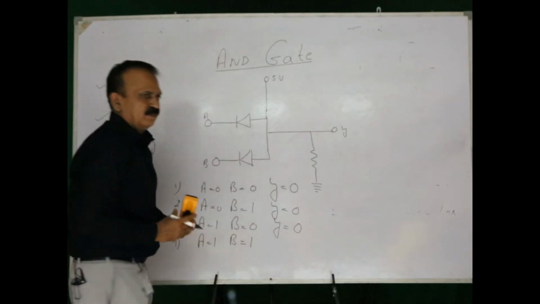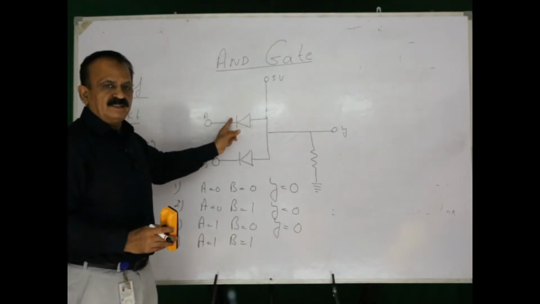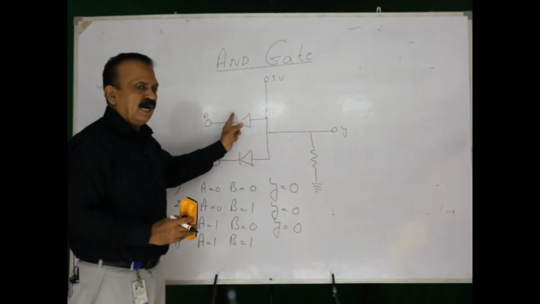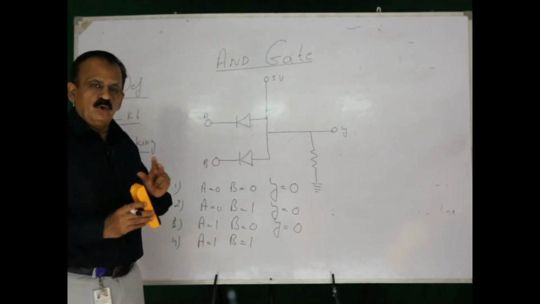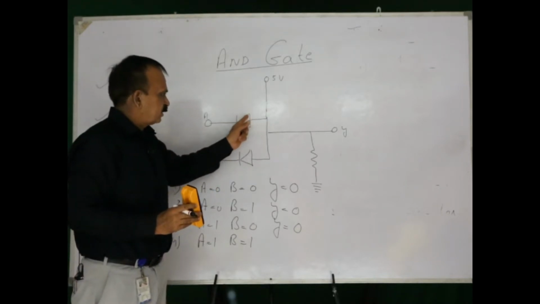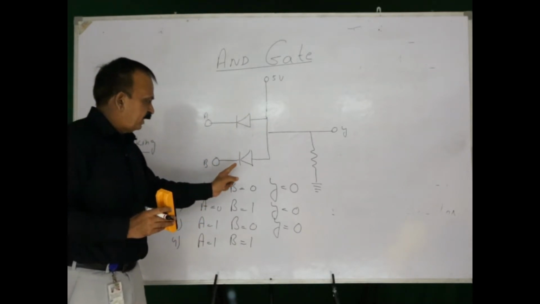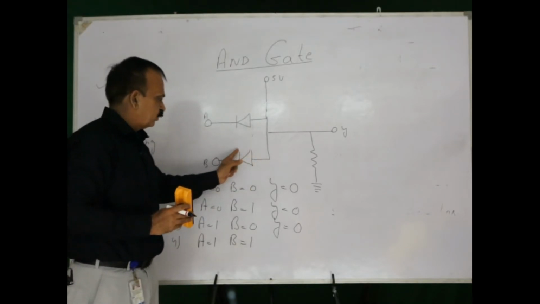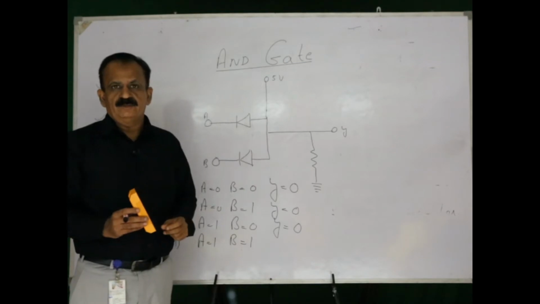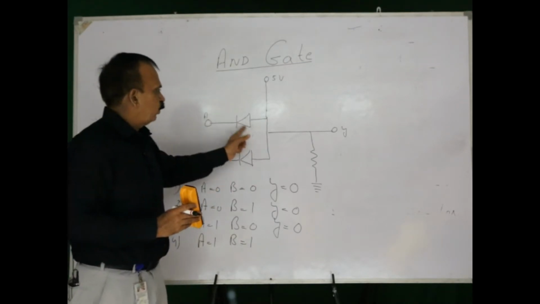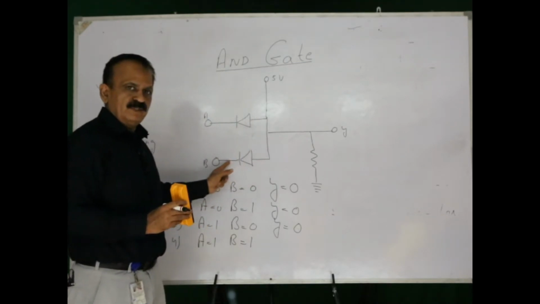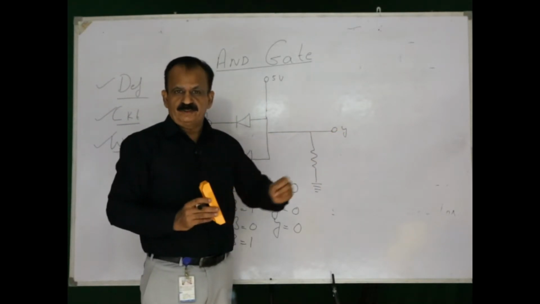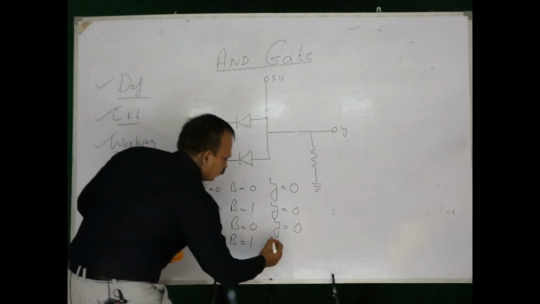The last case, and that is important and interesting, A is equal to 1 and B is equal to 1. A is equal to 1 means this is high voltage. Both the diodes are on high voltage. So, no current will be passing through this diode. Here B is equal to 1. This P part is also at high voltage. So, no current through this particular diode. No current will be passing through any of the diodes. Now, the current path will be through this one, through the output,